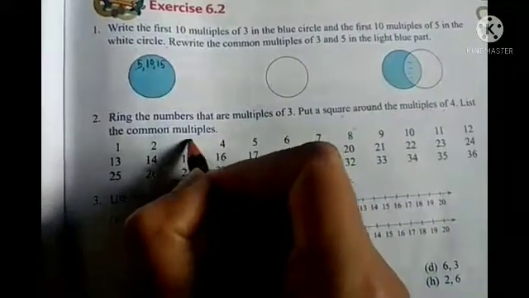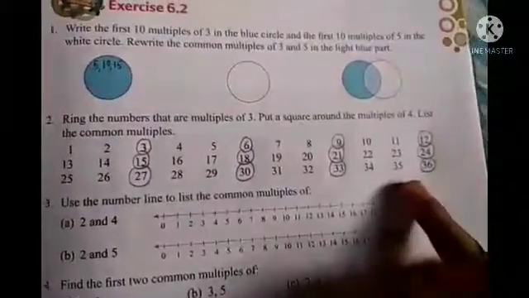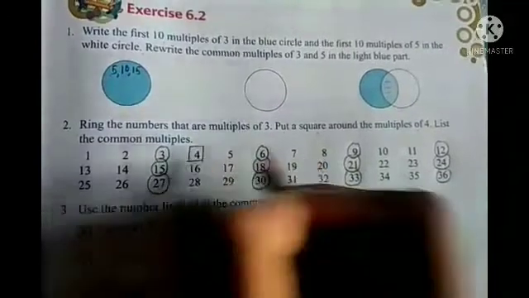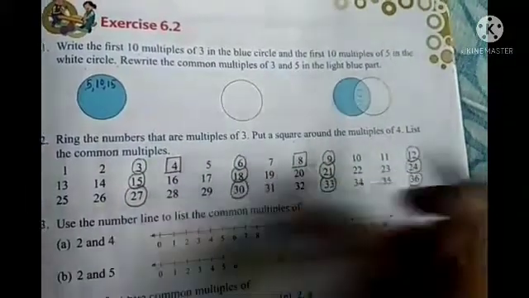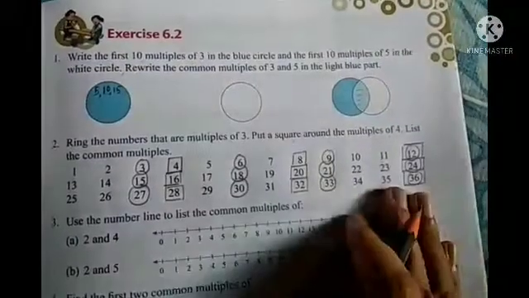So first of all, 3 1 ja 3, 2 ja 6, like this way you have to just circle. So in this way you have to complete it. And now let's do multiples of 4. So yeah, you know it, 4 1 ja 4, 4 2 ja 8, like this way you have to. So now you can see all the multiples of 4 are also done.